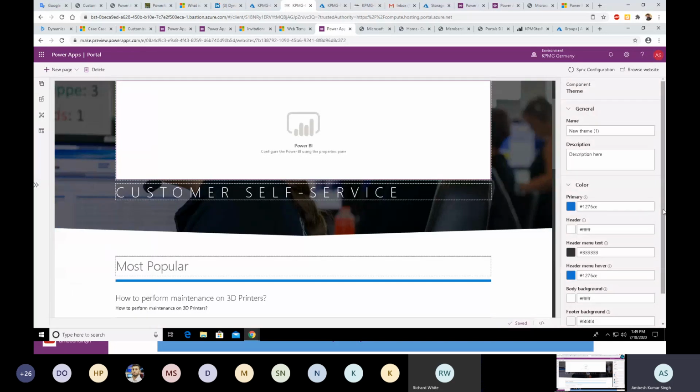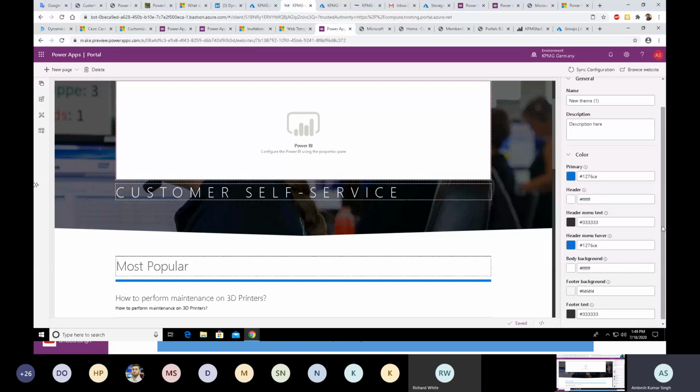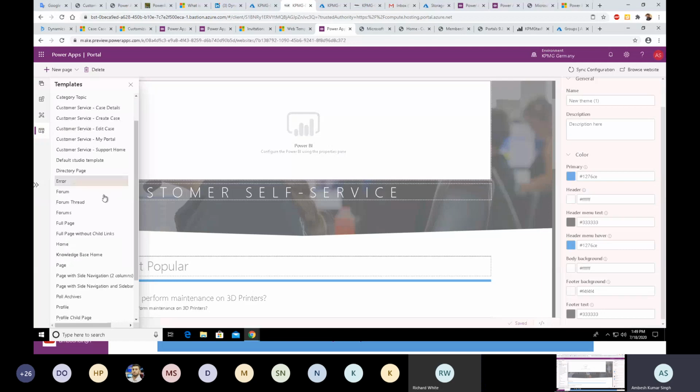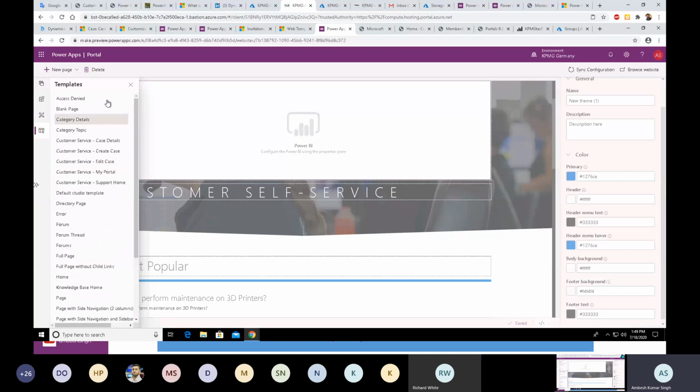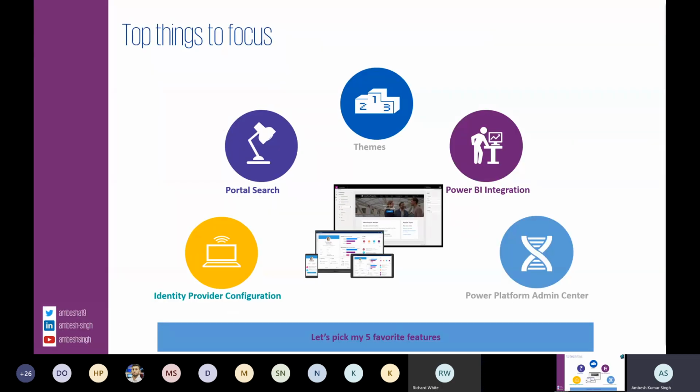As a developer or designer, you don't need to write CSS for that. You can do it directly with a few clicks here. The same goes for the templates, so you can use any of the available templates. I will not save this one, and then I will quickly go to my